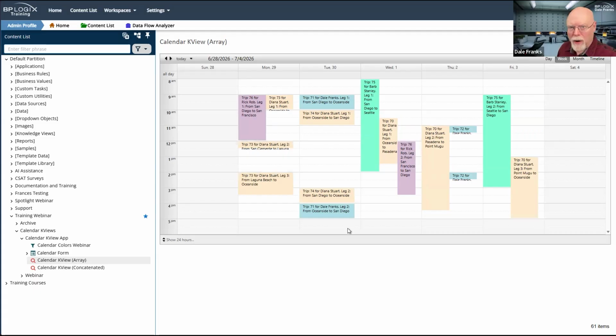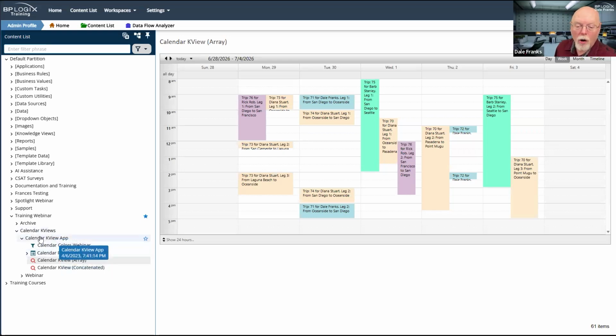Now, this is an artifact of the way that I have it set up. However, I will say that if you're using a calendar knowledge view to show a schedule, like a schedule for conference room reservations or something, this is probably the way that you want to show it. However, travel is a little more complicated than that. It is not the case that this is a 3-hour appointment on Monday and then another 3.5-hour appointment on Wednesday. It is in fact one long appointment. And in most cases, for something like travel, I would want to show it that way.